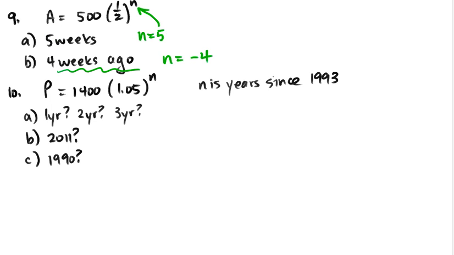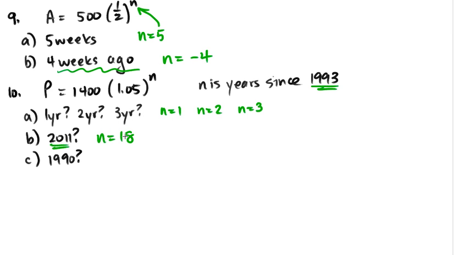Quite similar to 9, in which we just need to find out n and substitute it into the formula. So here we've got after 1 year, after 2 years, and after 3 years, just substituting it in and using your calculator. Since it started in 1993 and it's going to 2007, for B you want to use n is equal to 18,